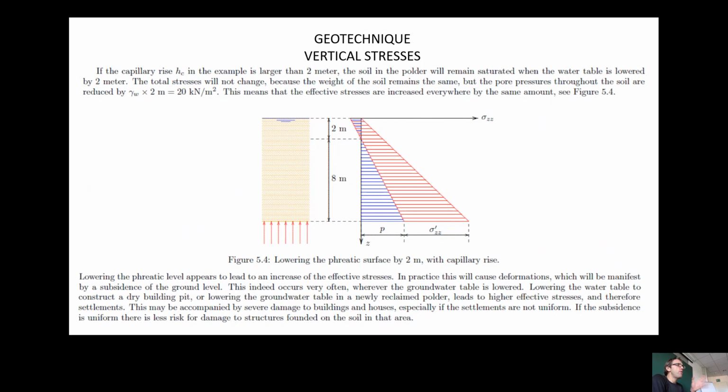So if we know that we have, for example, the possibility of the water that go up and down inside the soil, not only down but also up, we can study this picture. And we can see here that if we lower the phreatic level by 2 meters, with the possibility of capillarity rise, we can have an increase in the effective stresses. So if we have the same